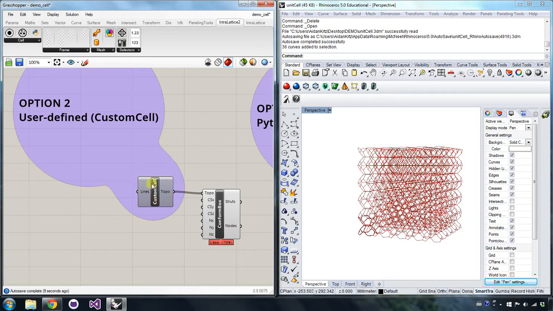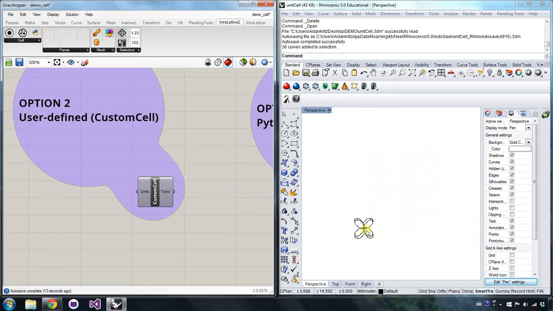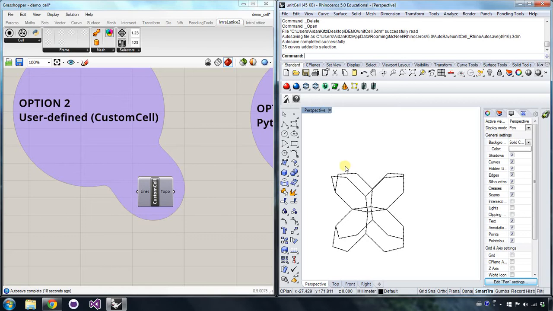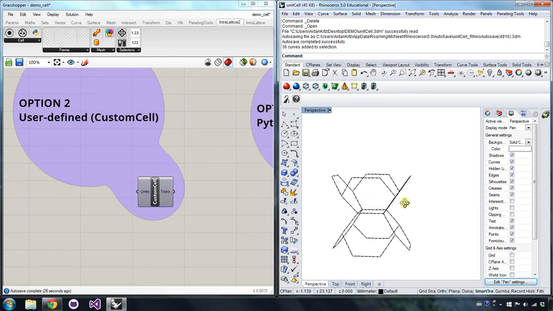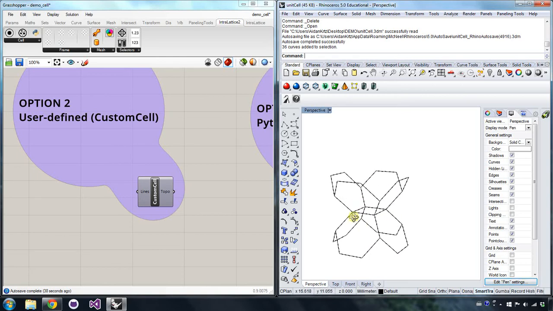Another thing to mention is that this component will actually return an error if the unit cell is not valid. So what is a valid unit cell? Right now we have one requirement. Actually there are 2 requirements, but one of them will be fixed by our algorithm. The first requirement is that all the nodes have to be defined. So for example, if we have an intersection, our algorithm will break down that intersection, split the lines and then create the node. But the other requirement that cannot be fixed is that each unit cell,